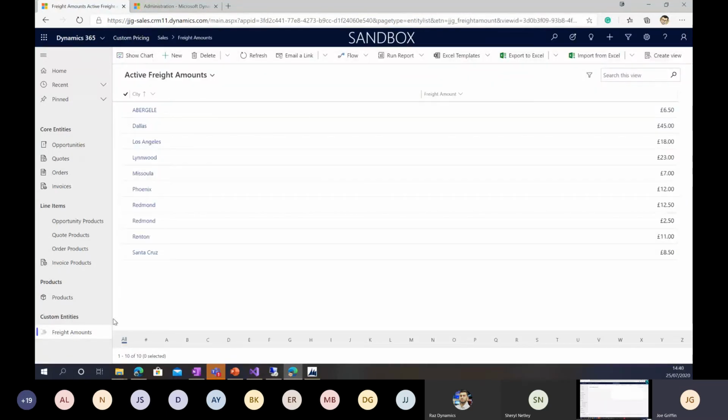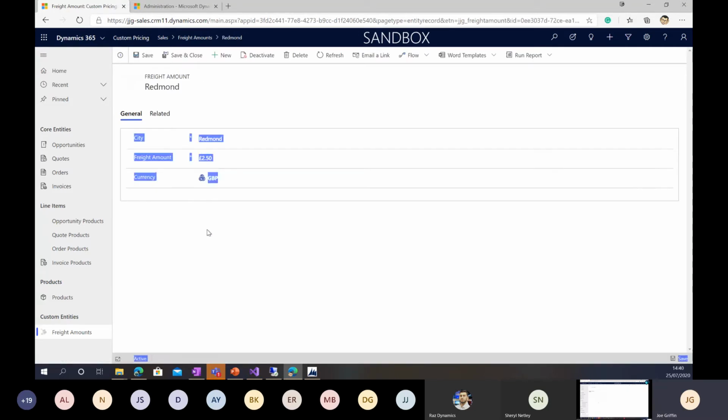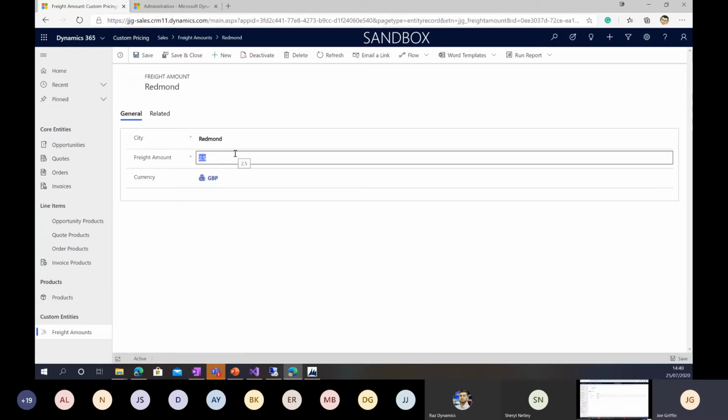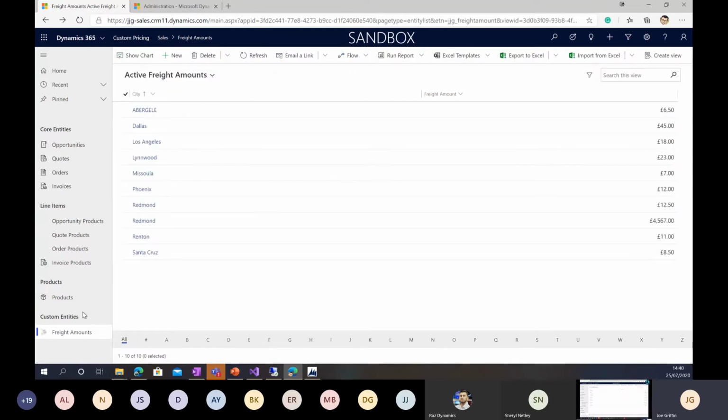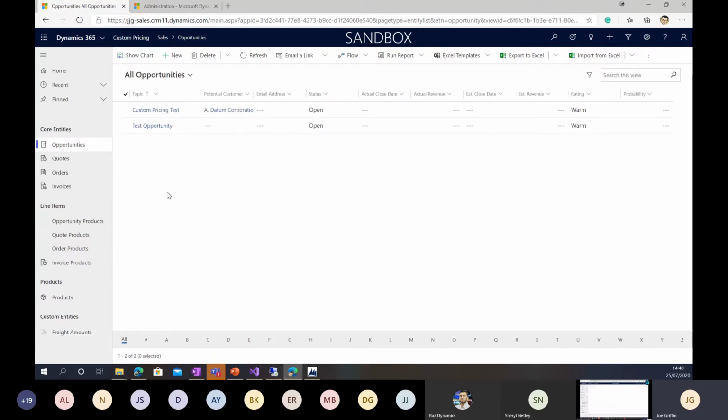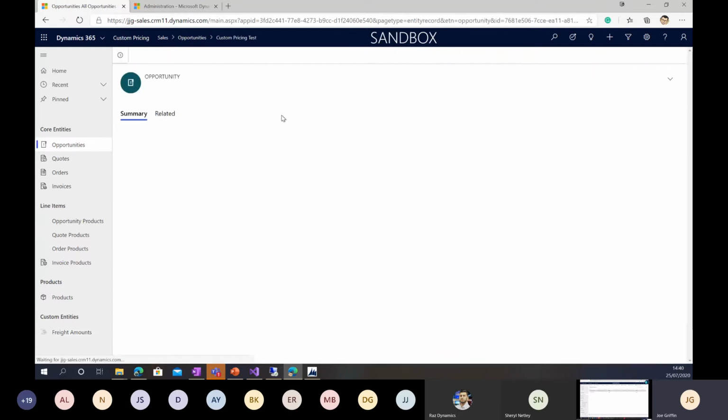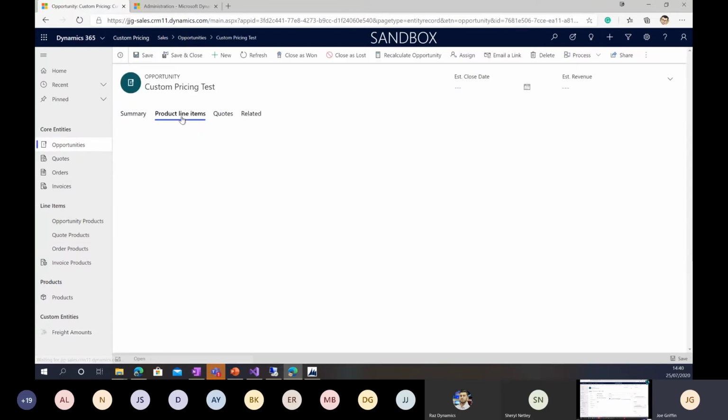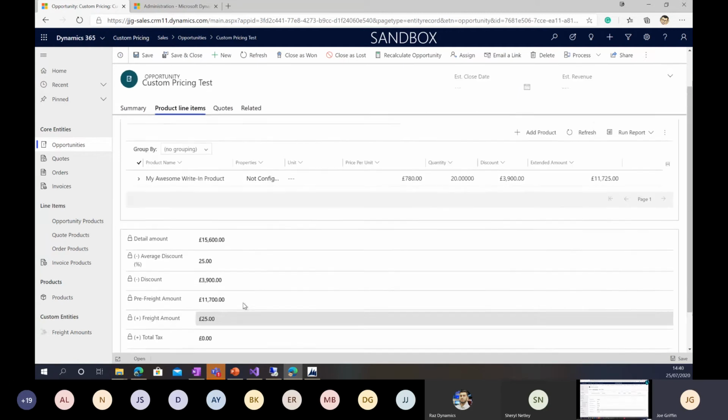So what the plugin is actually doing is it's going off into this freight amount entity on here, and it's detecting, okay, this is actually from Redmond, so therefore it's going to be £2.50 as the freight amount that we need to calculate. That's probably a little bit cheap from where I am getting out to Redmond in the USA, so let's just change that up a bit. Change it to maybe, it won't be that much, but let's make it a big amount just so we can see. If I now go back in and open up the record, it should get me my newly correct freight